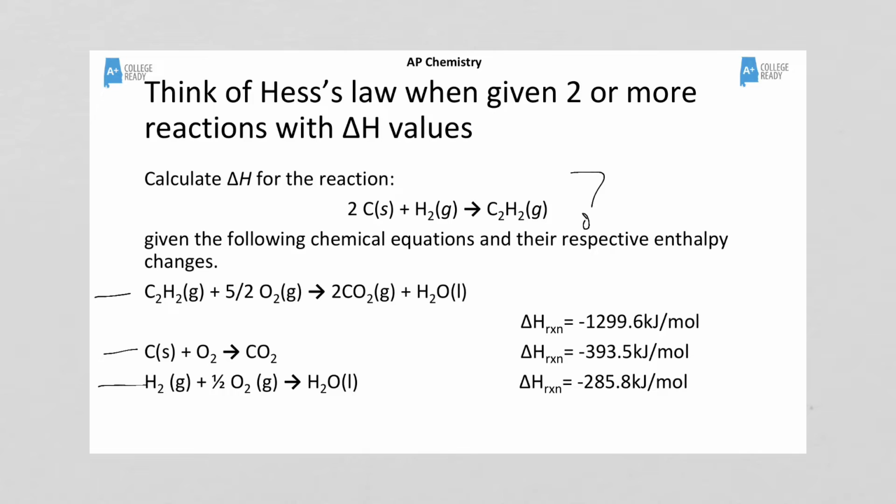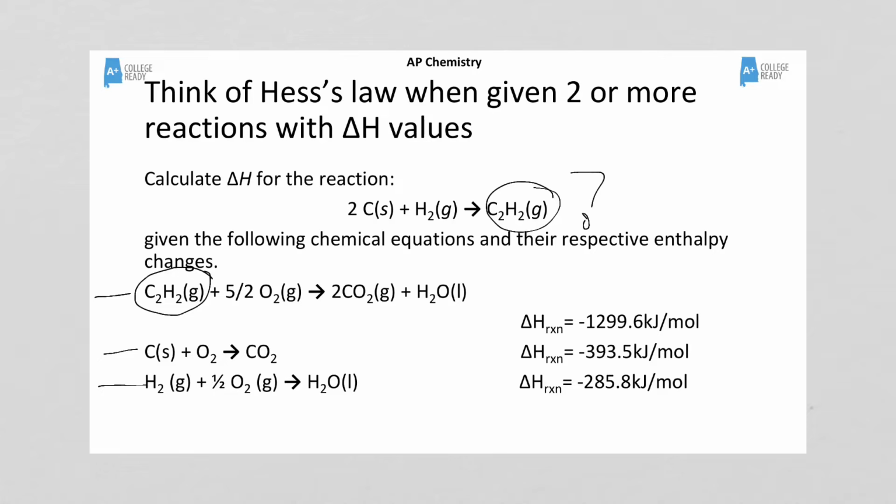So as you're looking at it, it's a lot of information, and typically these kinds of questions can be relatively simple. You just have to know what to look for. So take one of the reactions at a time and look at what in this first reaction is also in the overall reaction. And if you'll notice, after looking at all the reactants and products, only this C2H2 is in both. So because it's a reactant in the reaction I'm given, but I really need it to be a